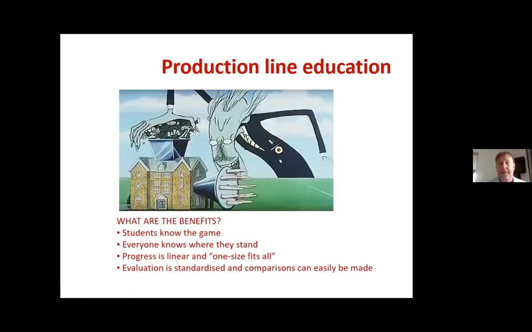All right, so the old system, where are we at generally and where have we come from? Production line education, we push a whole load of students into an establishment at one end, and out of the other end comes a whole load of students who have learned stuff, accumulated knowledge, accumulated some experiences, and are able to demonstrate that understanding, that development in some form of standardized tests.